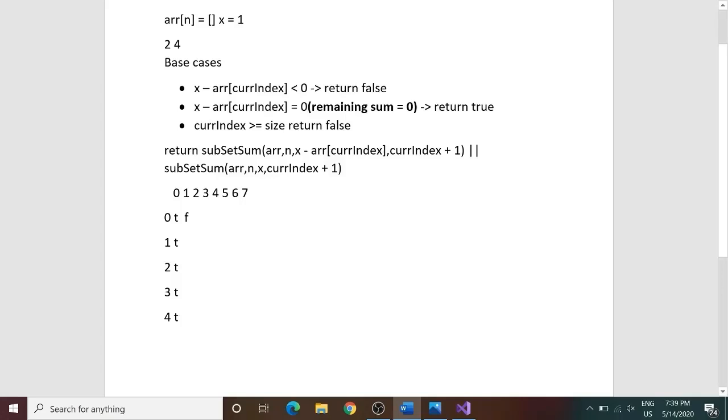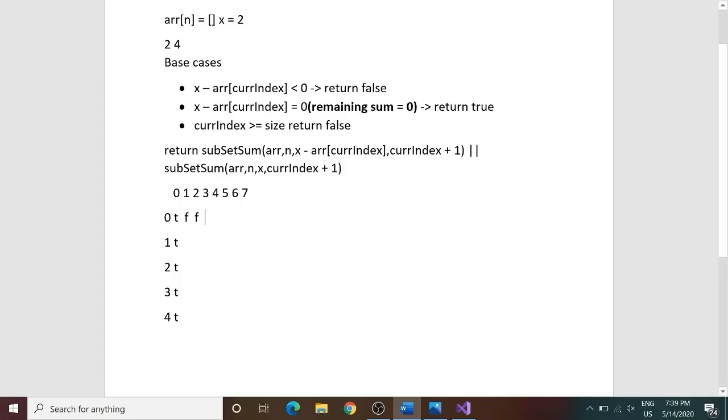Again, what does this subproblem mean? The intersection of row 0 and column 2. This means that I have a sum of 2 left with me till now, but I am out of my elements. So, what is the sum? Look, you are out of the elements, but you do have some sum left with you. So can you ever make a subset of a null set such that it sums up to 2? No, you cannot make it, and hence the answer to this problem would be again false.